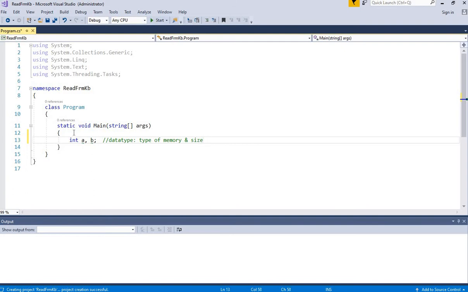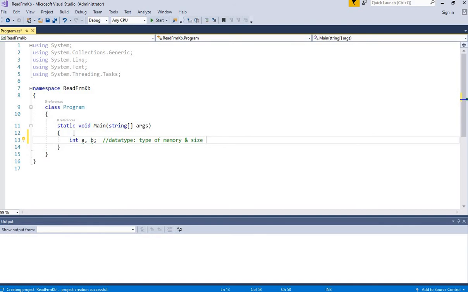Here a and b are the identifiers, meaning when you are going to save the data, it is saved in certain memory. To call that data you need some name. In general, if you take an example, please bring a cup of tea. That cup is your identity, right? Tea is also the name given to some material. It may be any liquid, but you have given some name as tea. So that is understanding what you want from the names. If you can't say, please go and bring that, you will not be able to understand what the user required.